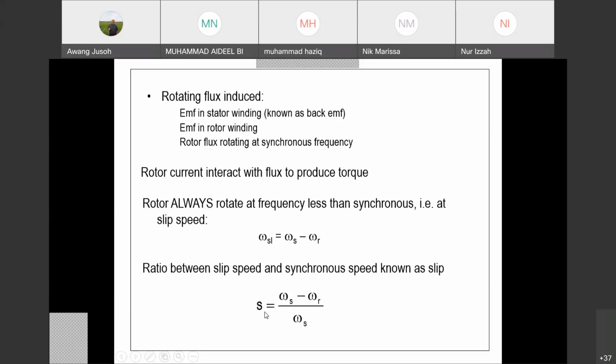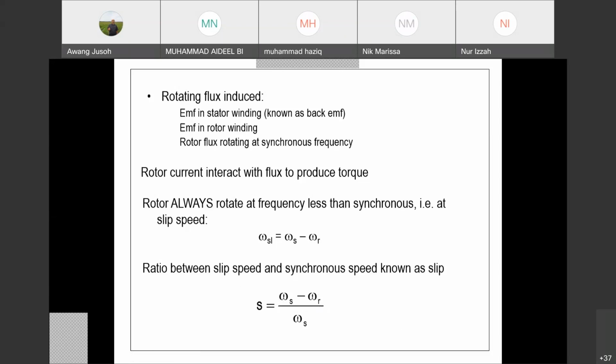And also we must notice that the rotor speed cannot operate at the same speed as the synchronous speed. If your rotor operates the same as synchronous speed, we know the slip equals 0. So what actually happens if slip equals 0? In a simple analogy, if you have two cars, car A and car B, for example. Car A speed is 100 km per hour, and car B has the same speed, 100 km per hour. So what happens if you drive two cars with the same speed? They never overtake each other. It never cuts.